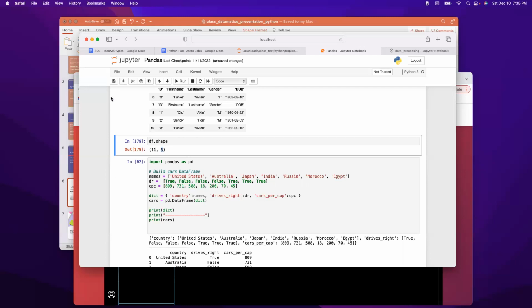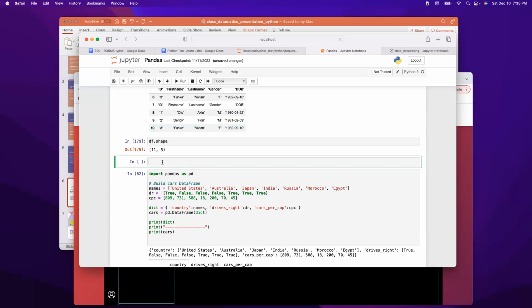Now you can transpose this thing like a matrix. It's actually a matrix in reality. You can say dft, the transpose of a data frame, is equal to df dot. You need to be careful. If you are reassigning your df, you may destroy your object. So most times when you are dealing with a data frame, it's better you assign to a different object. If I say df is df, I will lose my original object. So I'll say dft is df dot t